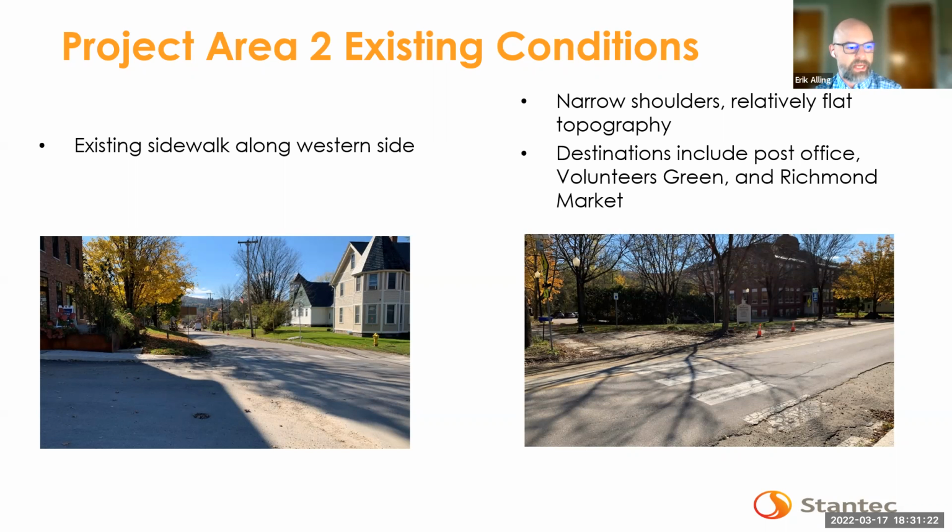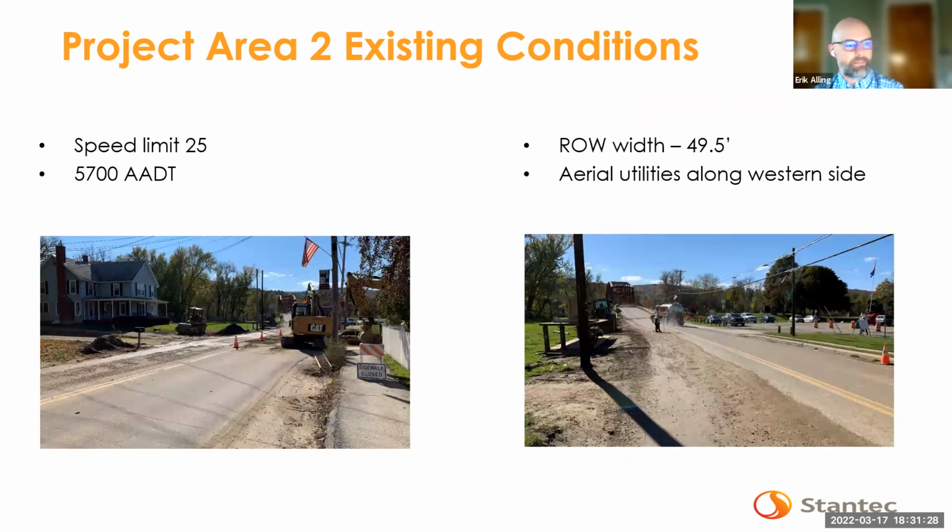Got quite a bit of destinations that would make it an attractive area to walk. Speed limit is 25, 5,700 vehicles per day travel through there. Same 3-rod right-of-way, or 49.5 feet. And there are utility poles along the other side of the road, the west side, which we're not looking at for this